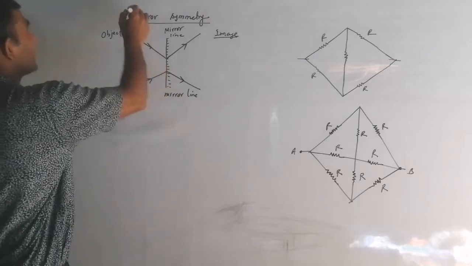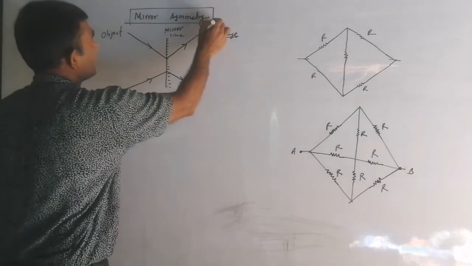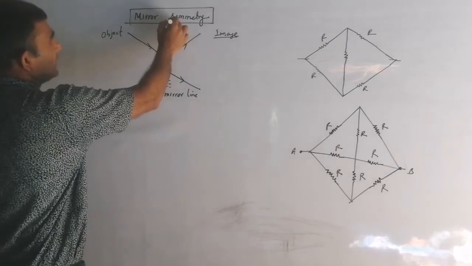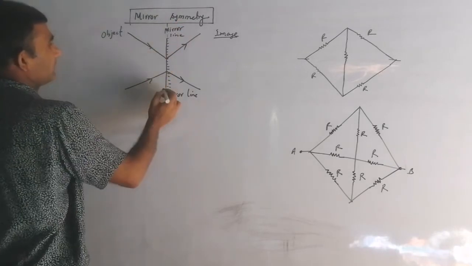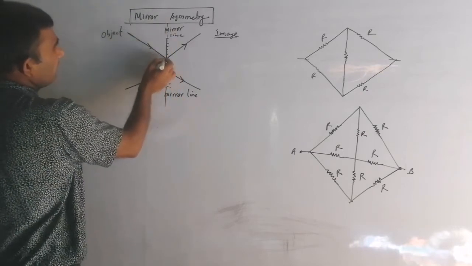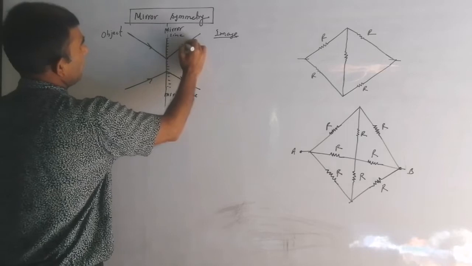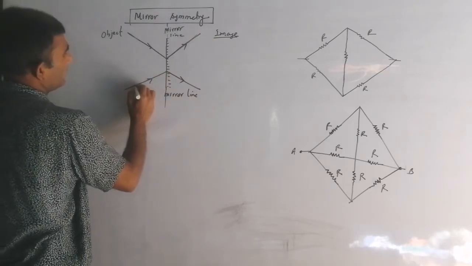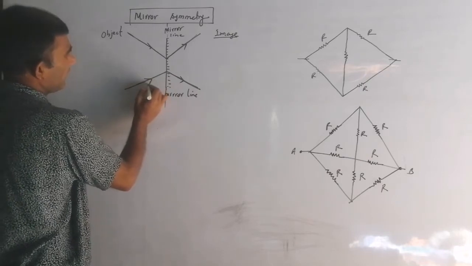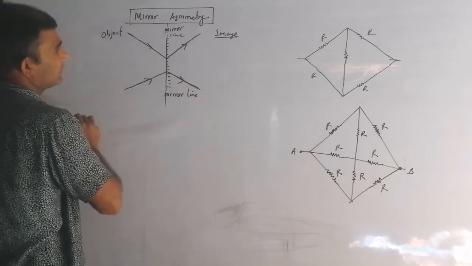Now see, this technique is mirror symmetry, and this is how you see an object in the mirror, how it will behave. I made one mirror here, and one object coming like this, then its image is seen like this. Again here, the object like this, then the image is seen like this. So whatever comes in here goes through this.